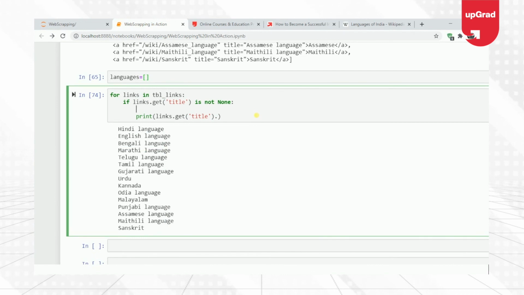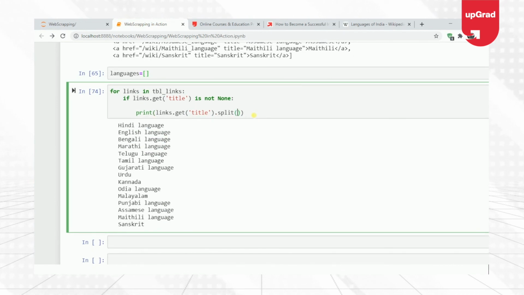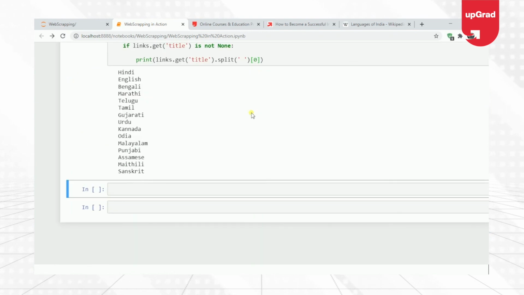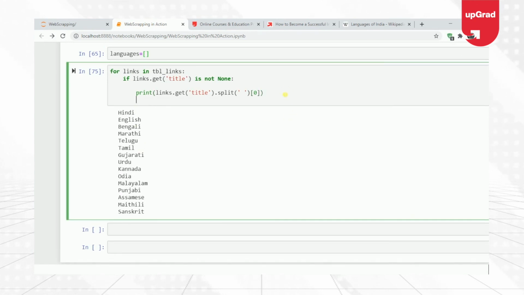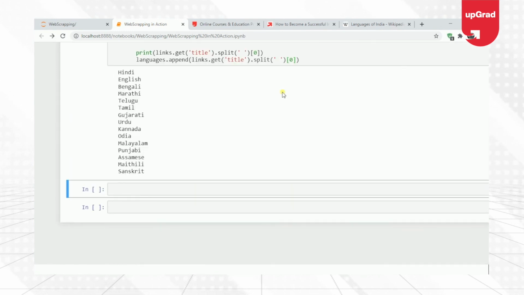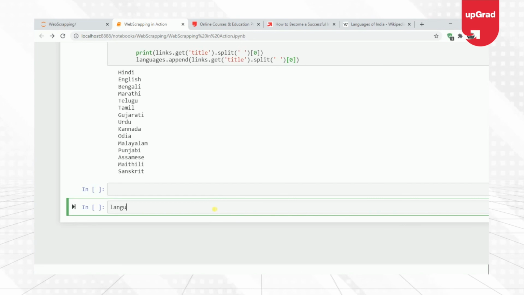So this is going to look like this, space 0, and we have the languages with us in a proper presentable manner. So here these languages will be appended in this list here. So I'm going to simply add this expression here, and we must have languages with us in a list form,